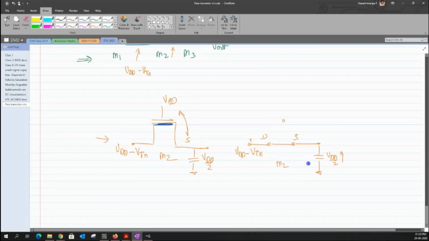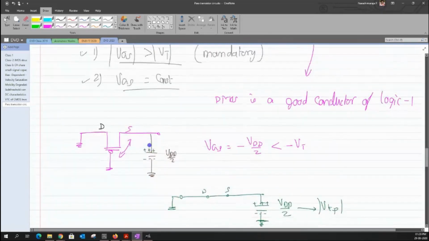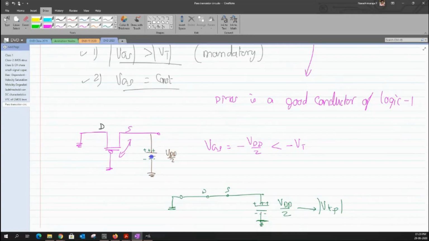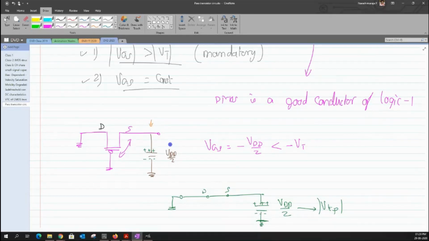Because as I said, the initial voltage across the other terminal, like this side, is always fixed to some potential. Under that initial condition only, we can start discussing this pass transfer logic. Otherwise, it becomes too complicated for us to analyze. So we need some potential to exist on one side of the terminal so that we can see whether there exists a channel for all the input conditions.